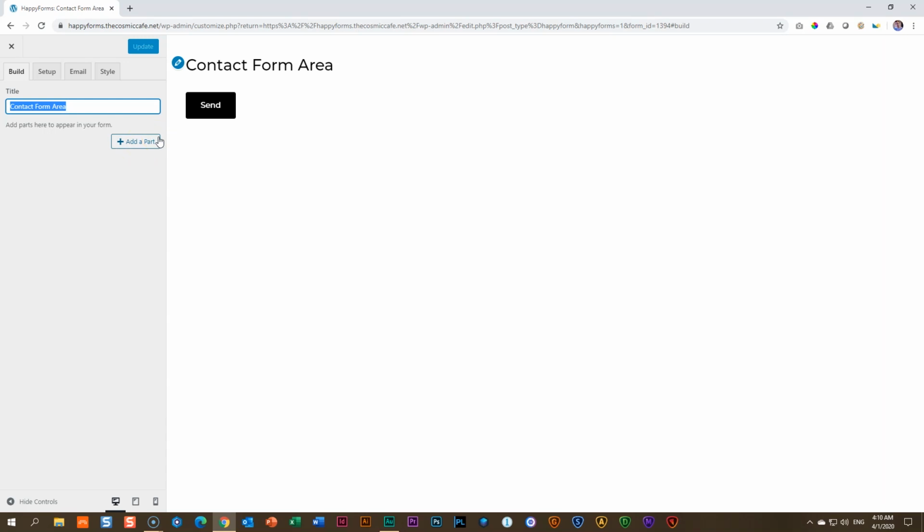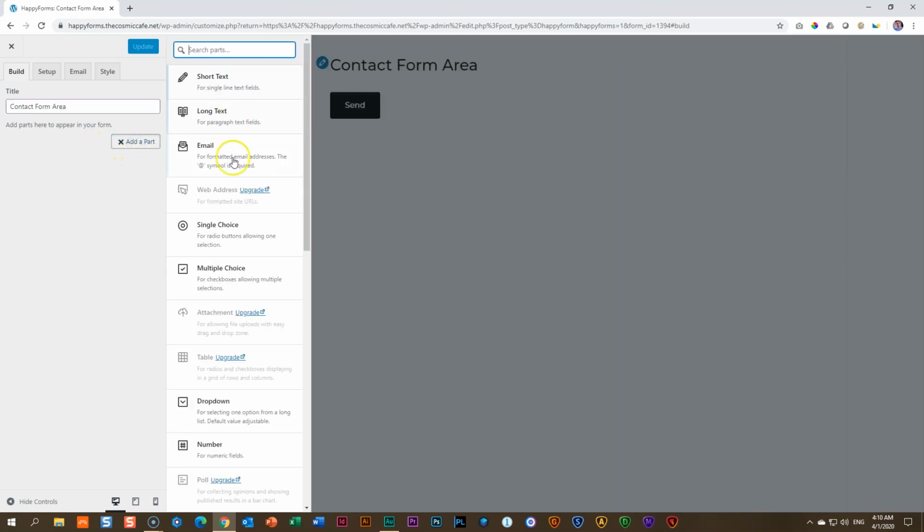I'm envisioning I want their email address, that's right. I want their first name, I want their last name, and I want them to send me a message and maybe some other random mumbo jumbo as well. We bring in a part, and then this pane opens here